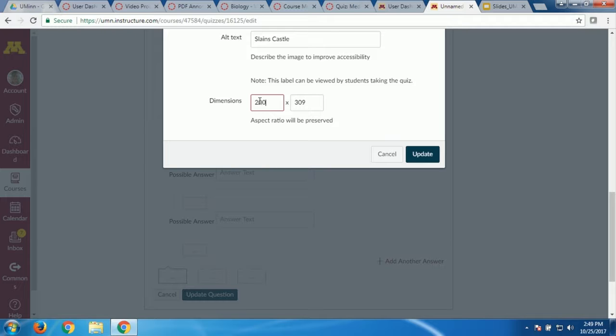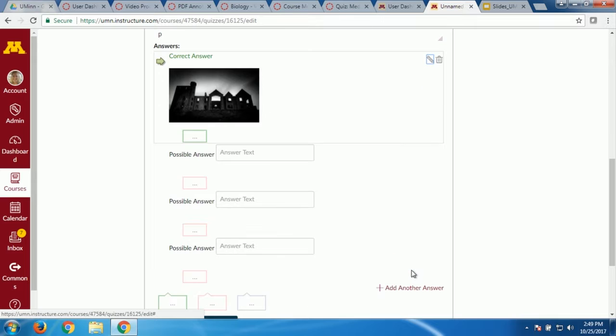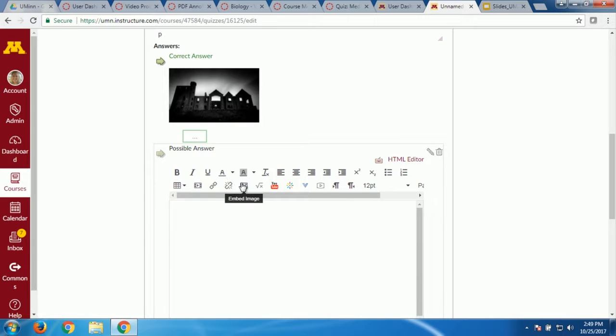You can also change the size or dimensions. I like to keep all my pictures and quizzes the same size. I'm just going to pick a size and keep it the same. Update. I added something other than text. How I did that again, let me click done. Instead of typing text, I clicked the pencil icon. That opened up all those media tools for me. It doesn't have to be a picture. I could have added a video, I could have added audio recordings, whatever I wanted to add there. Just know it's possible. This is something that no one ever knows is a possibility here. You don't have to just have text answers.